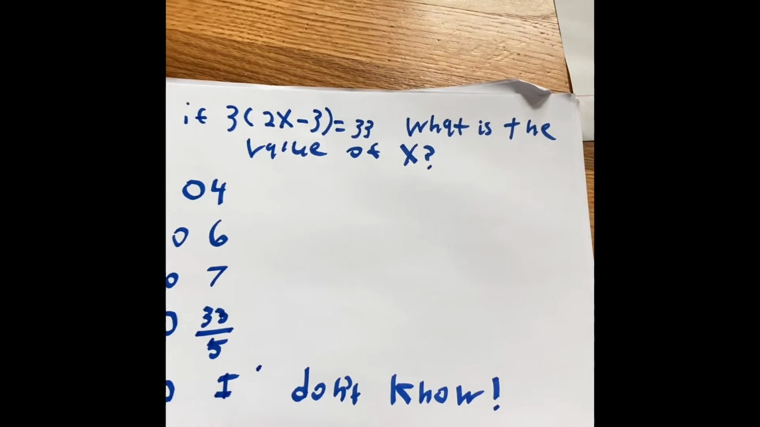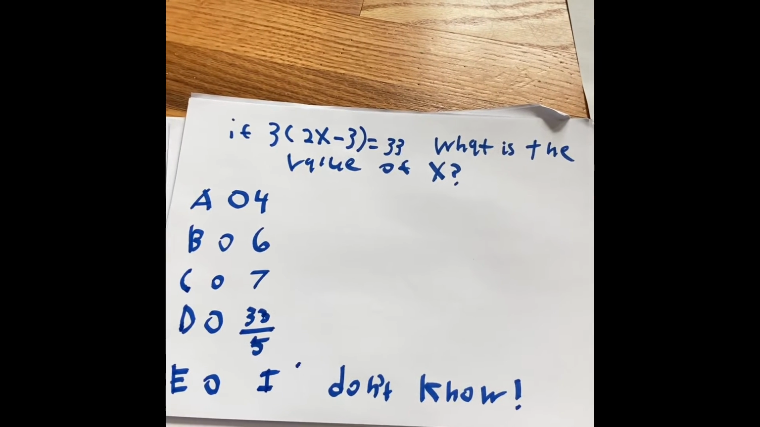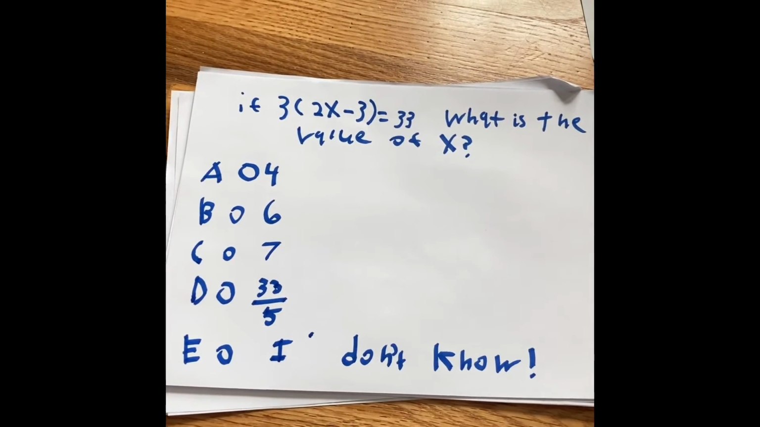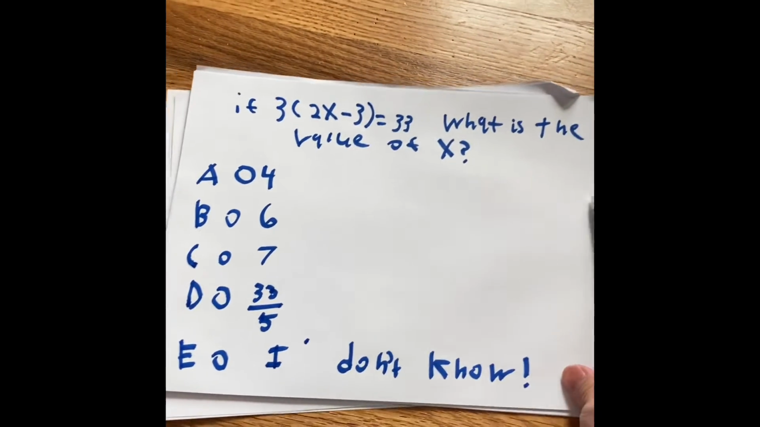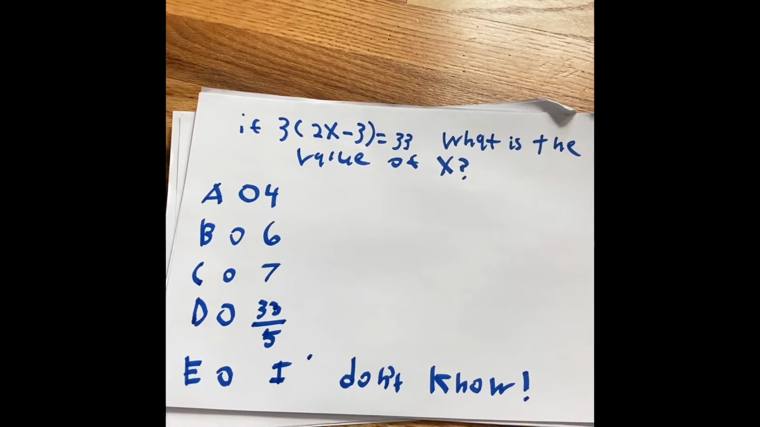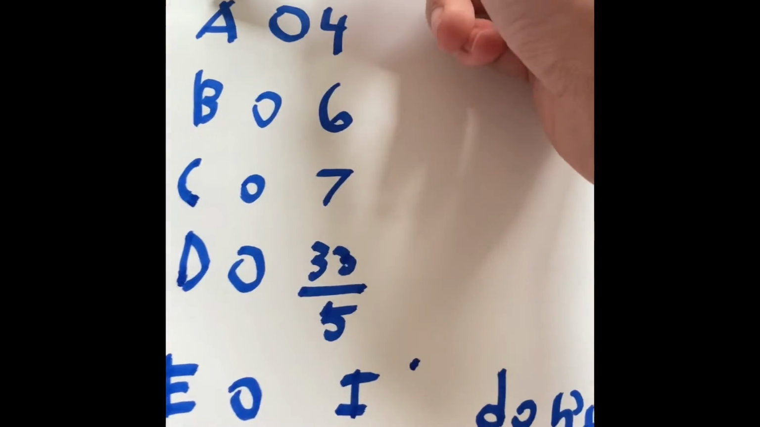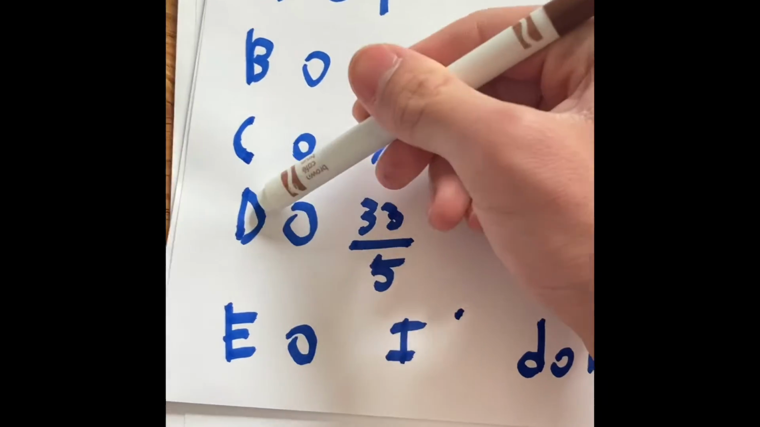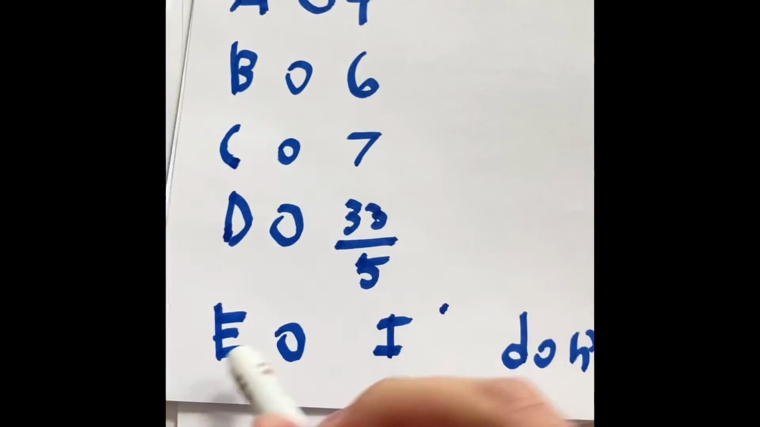If 3(2x - 3) = 33, what is the value of x? So, the first thing you want to do, if you need time, is reread the question above. That is going to be a key clue to helping you solve this problem. The next thing we have to do is try to understand what the solutions are. We have A, 4, B, 6, C, 7, D, 33/5 as a fraction, and E,